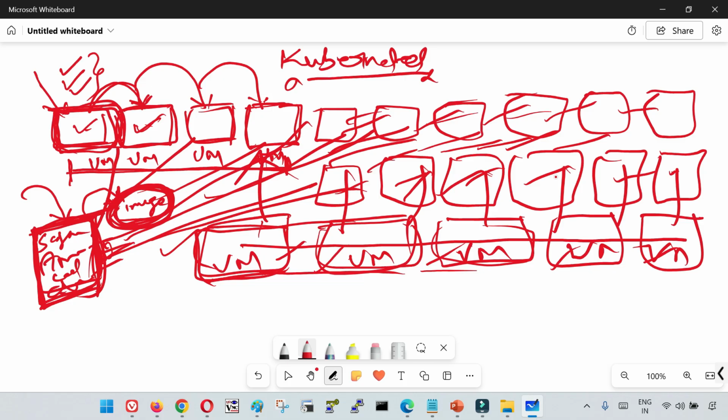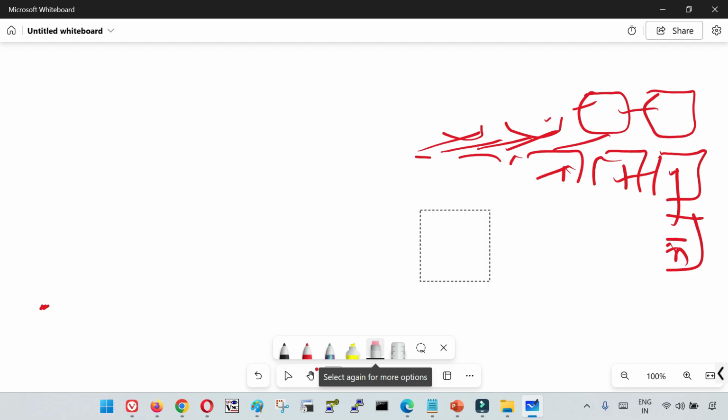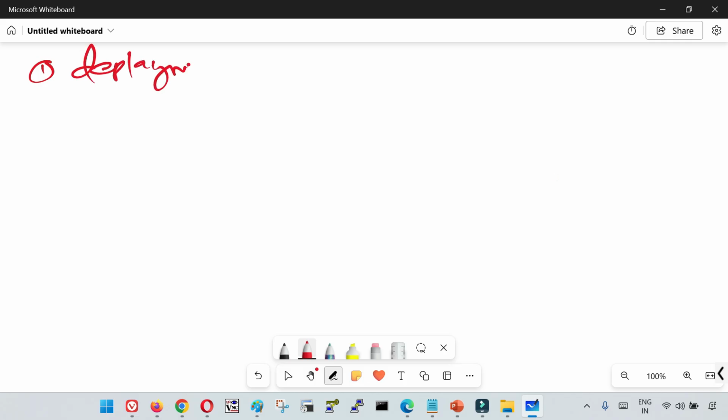Similarly, this is one of the examples I have given you with respect to the deployment of containers. But apart from that, there are a lot of other things that we need to take care of, specifically when we are working in an environment where we have multiple containers. So what are all those challenges? Let me quickly tell you one by one, and then I will tell you how Kubernetes is going to solve those problems. Okay, so the first challenge that we have discussed is the deployment of new